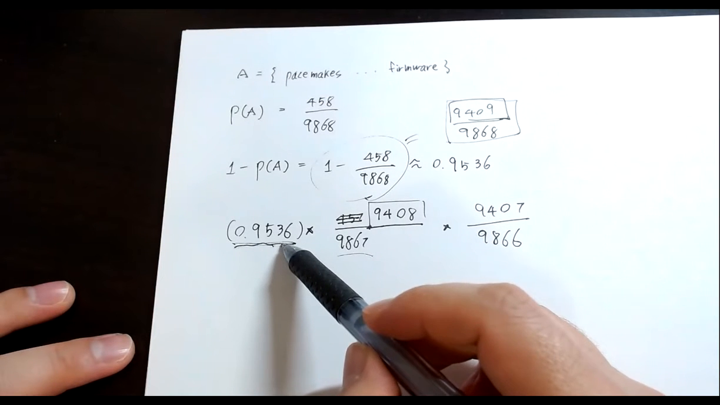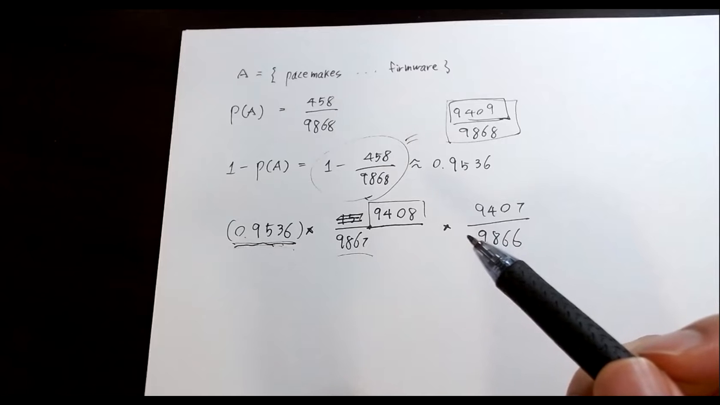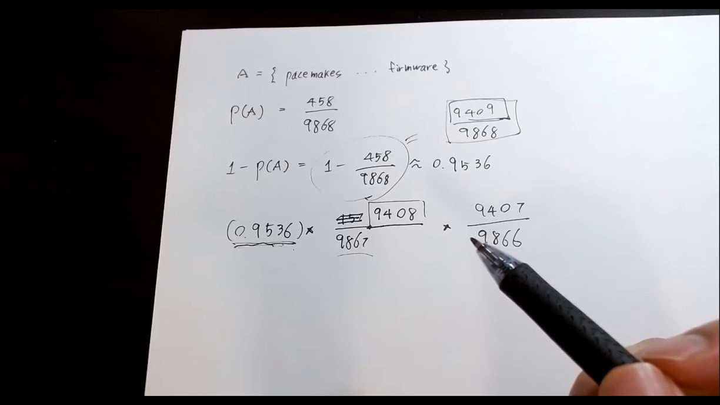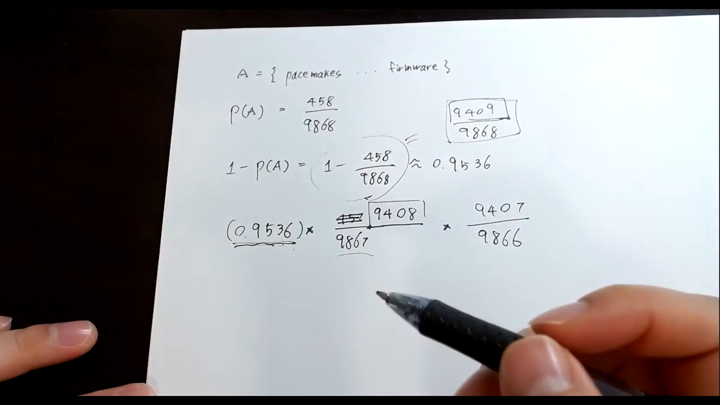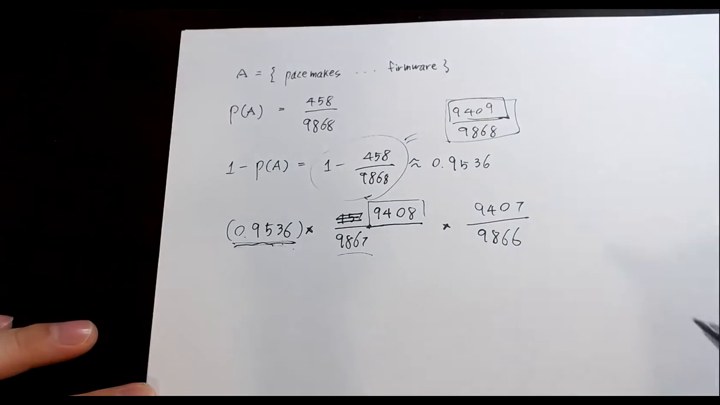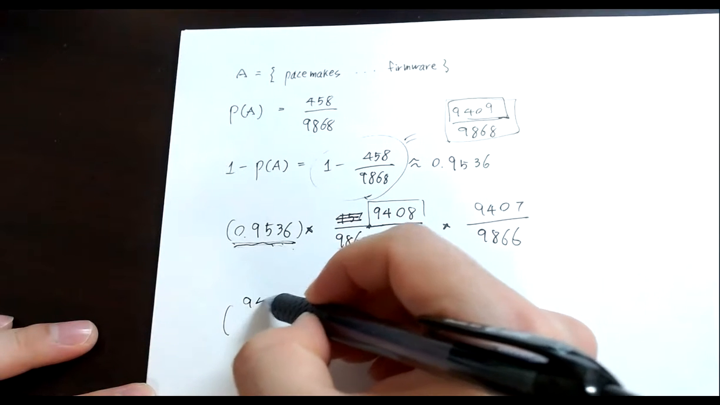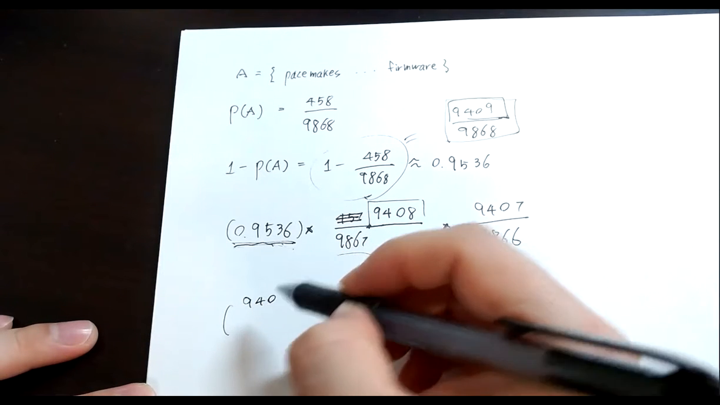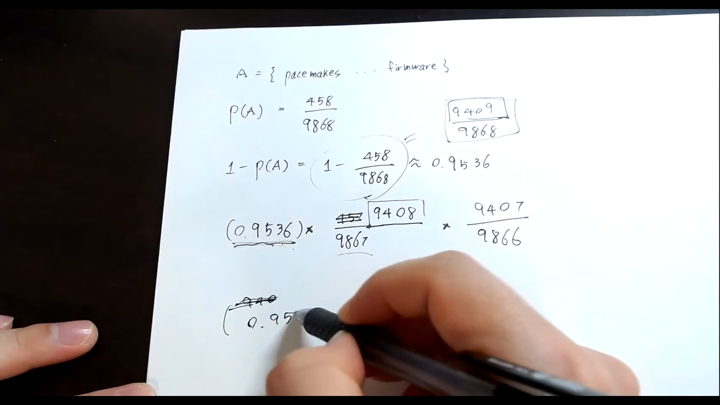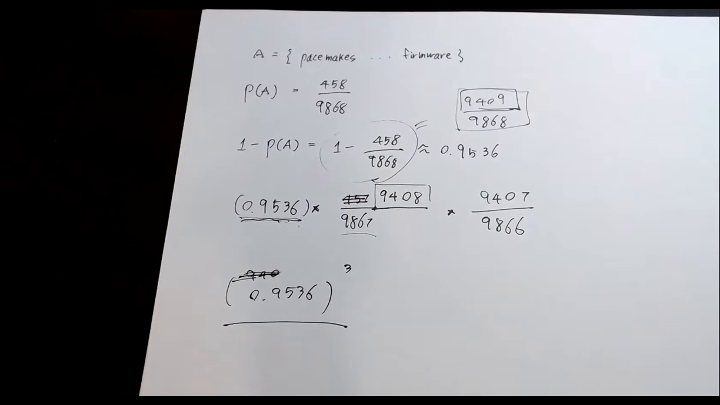But we should apply the 5% guideline, because the sample size is definitely less than 5%, only 3, right? So we consider each trial as an independent event, kind of. So now we get 0.9536 to the third power, because each event is independent. We have to consider